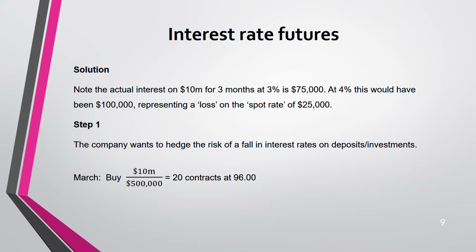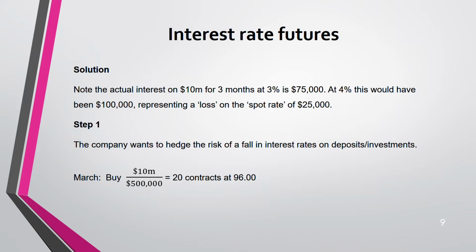Why? If it's a fall in interest rate that you have to hedge, in short, if you have to hedge a deposit, you buy future. If you have to hedge a loan, you always sell future. That's it. End of the story. Because this is a deposit, you buy. Always buy deposit and sell future. Sorry, sell loan. Buy deposit, sell loan for future.